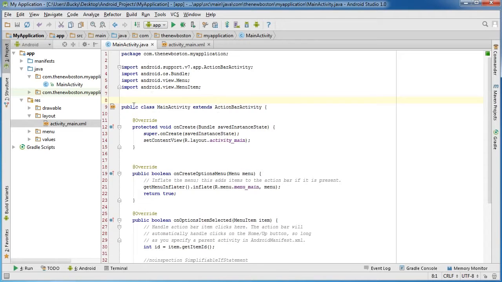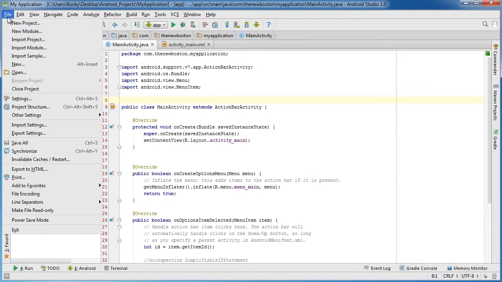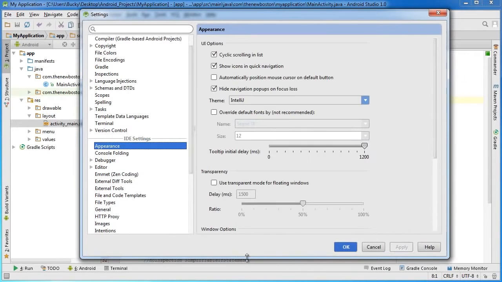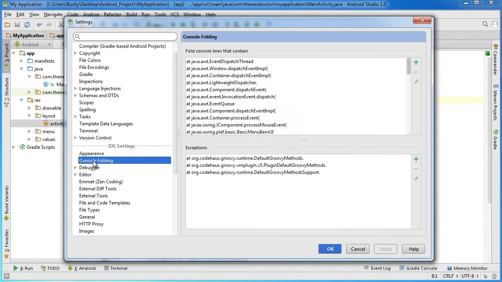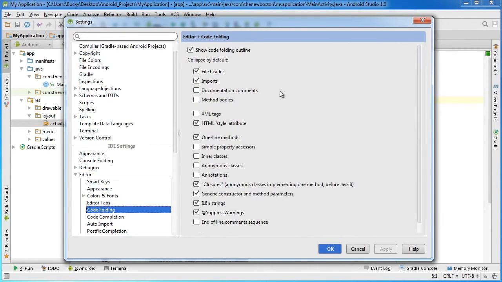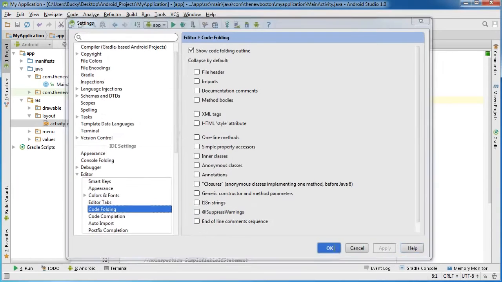So if you want to get rid of all of the code folding, as it's called, go to File and back in Settings. Let me minimize this, make sure you guys see everything, and go to Editor under the IDE settings and Code Folding. Right here this first checkbox is just to show the code folding outline, and that's that little arrow you can click to either bunch it up or expand it. But what I want to do is uncheck all of these, so none of my code is going to be folded. Again, once I apply this,